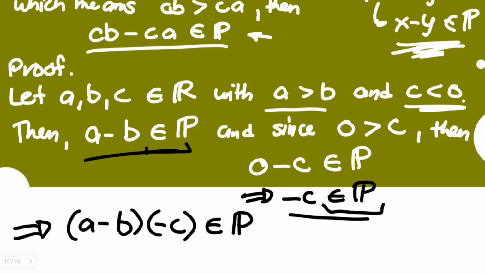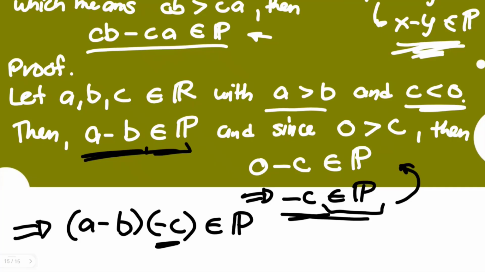Take note, once you multiply two positive real numbers, no matter how small or how large they are, the result is still a positive real number. So again, when multiplying this, which is a positive real number, and negative c, even if it's negative, don't be confused with that, because we have already cleared that it's still a positive real number. So the result is still a positive real number, even if this is negative, because c here is less than 0. So negative of negative, that's positive.